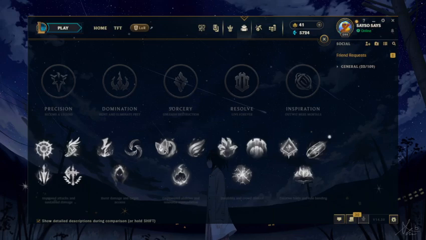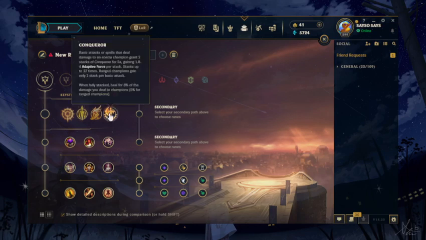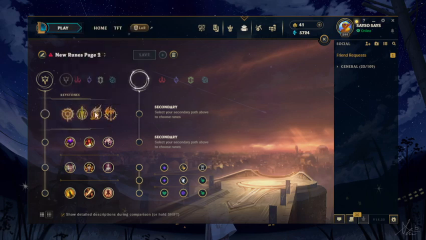Okay, I wanted to keep this short and simple, so I'm mainly going to be going over runes and items for Nilah. So basically, okay, well, my client is terrible apparently. There's two runes you can go for Nilah, which are Conqueror and sometimes Grasp,